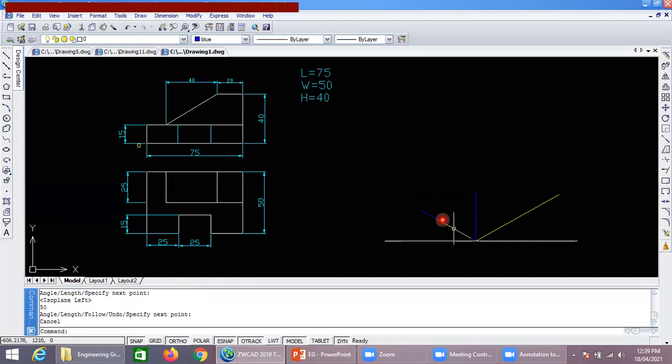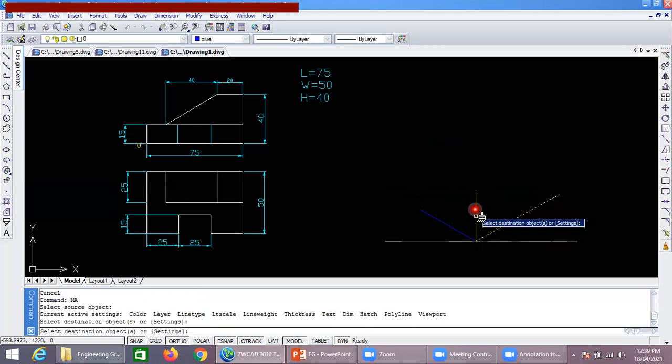Let's now close all the axes and form the basic cube structure of the isometric projection.